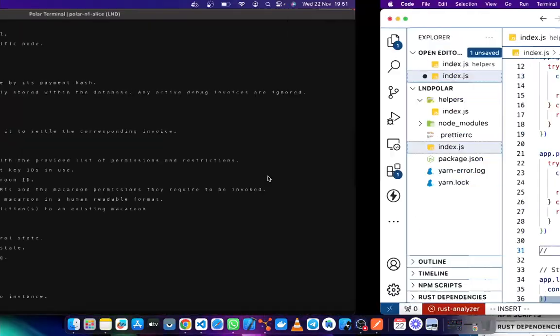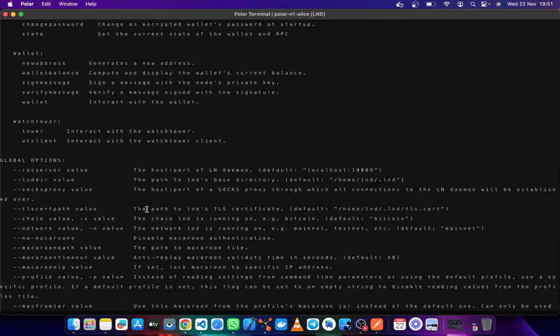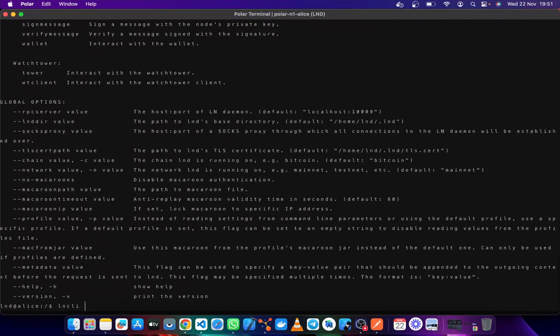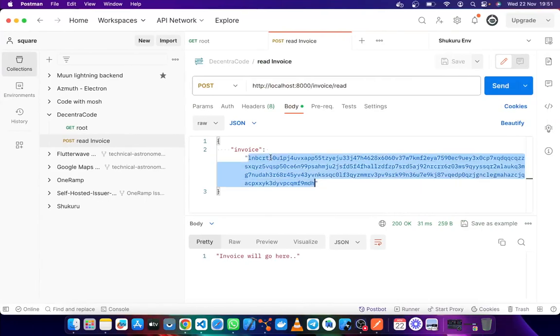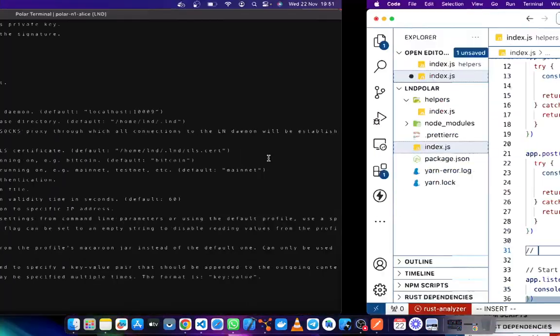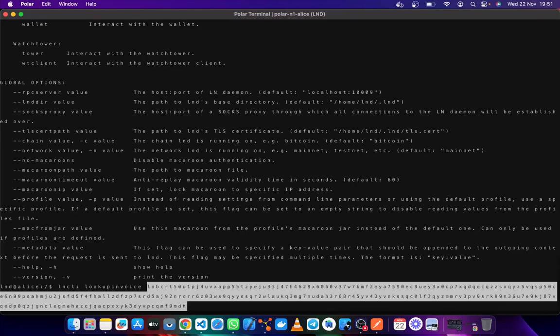Let's try it in Polar and see. So lncli, okay, lncli, you go to lookup invoice, and then you paste in this invoice hash there. Paste that there.